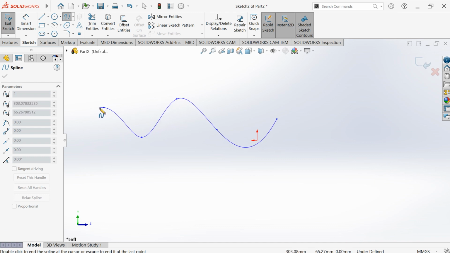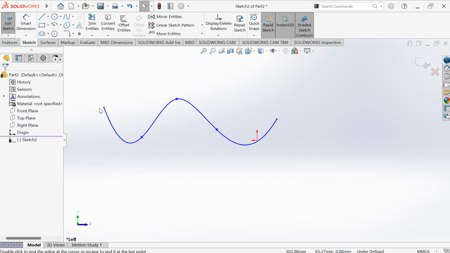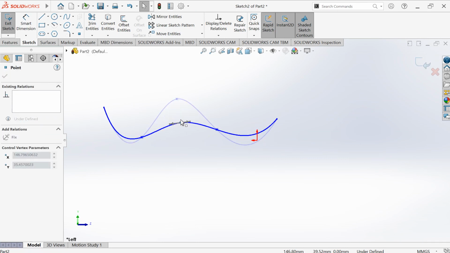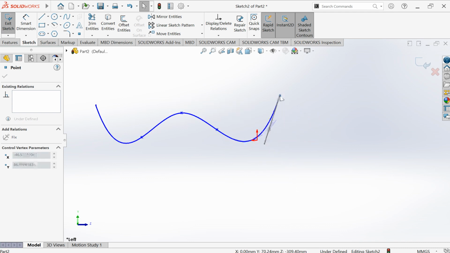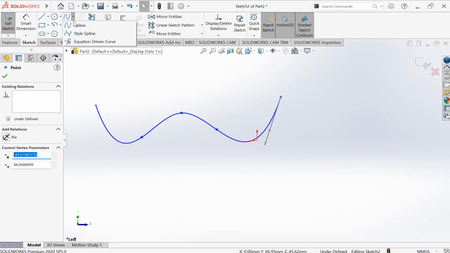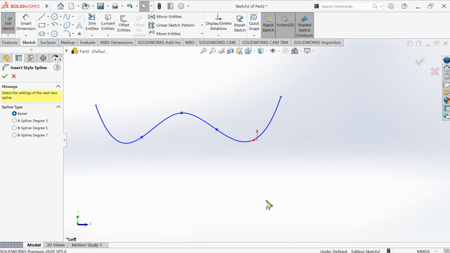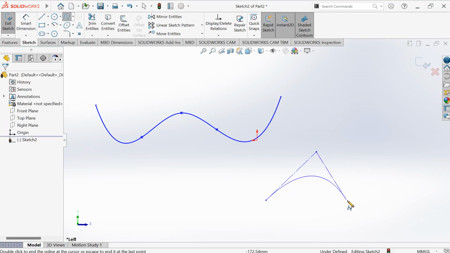If I want to finish the order, I press the escape button and finish. If I want to change the shape, I can click here and drag and change the shape wherever I want to put it. Okay. I can also work with the style spline, which is somehow the same as the one before, but here